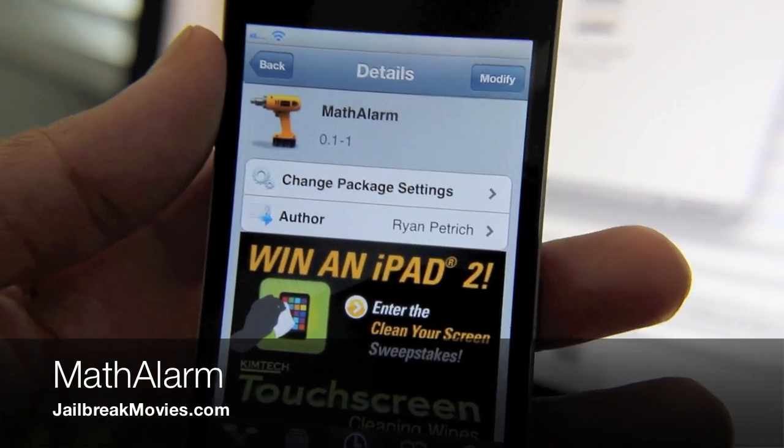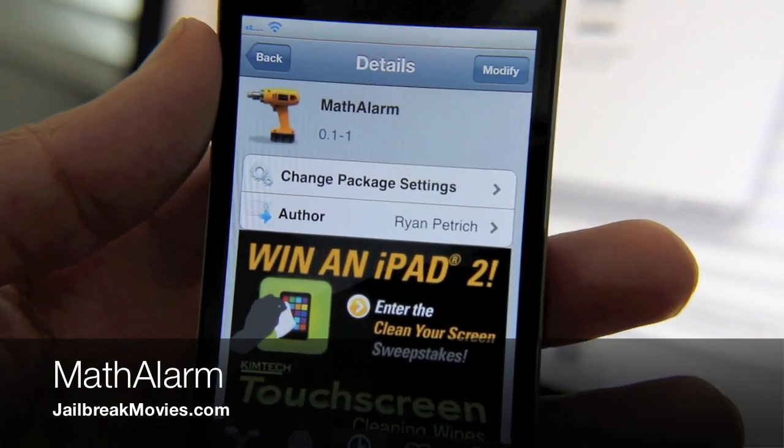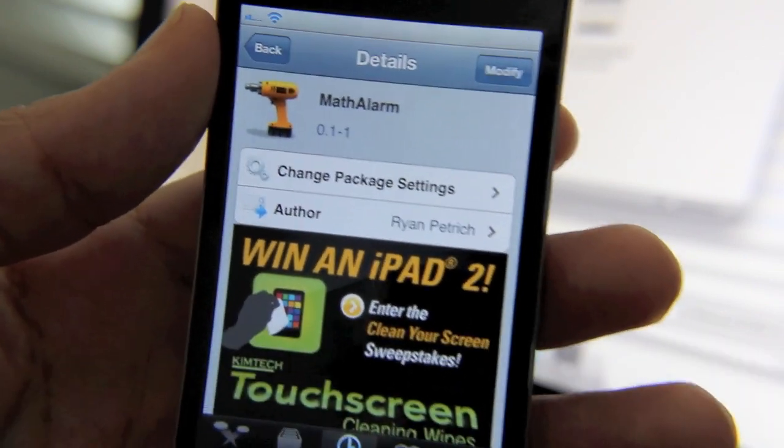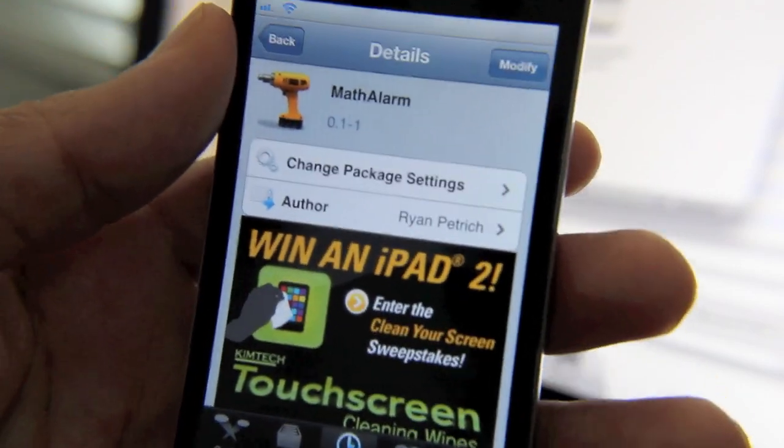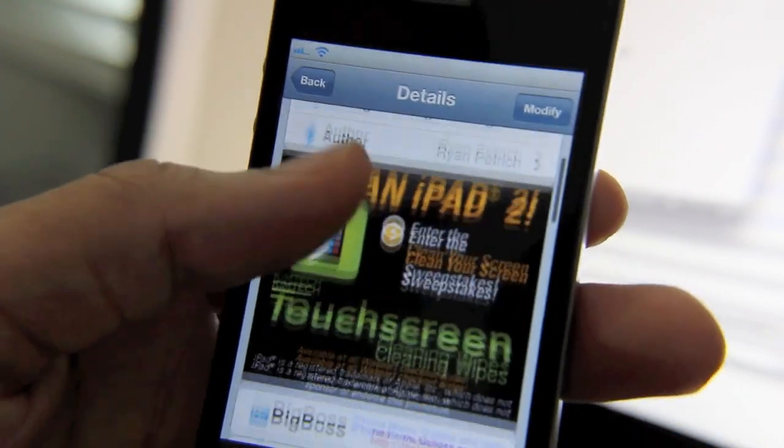Hey guys, I want to talk to you about a new jailbreak tweak. It's called MathAlarm, and it's the final tweak in Ryan's session of TweakWeek, so make sure you check this one out. And folks, this one's a doozy, or should I say it's a snoozy, because MathAlarm's purpose is to